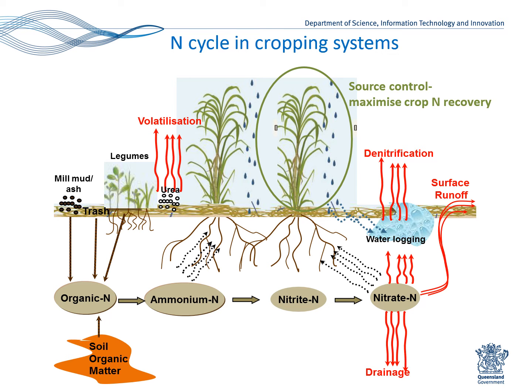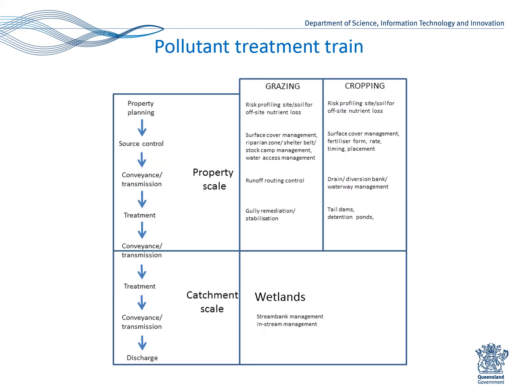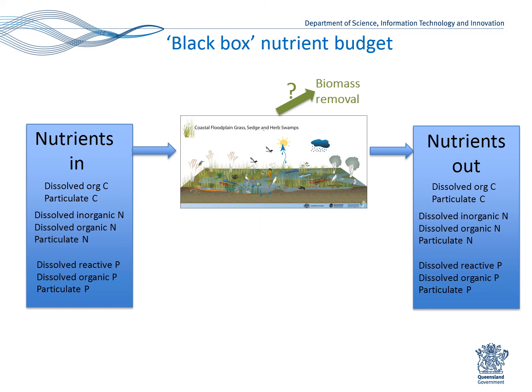So now let's move down to treatment at the catchment scale, and this is where the wetlands come in. I'm going to move out of my comfort zone in agricultural cropping systems and step into the mud of the wetlands. Let's have a look at the situation, or the inflow and outflow, of nutrients through a typical wetland. We can look at what I call a black box nutrient budget. If we're trying to determine whether or not the wetlands are acting as a sink or source of nutrients, then